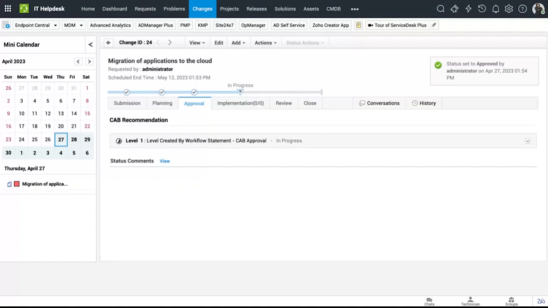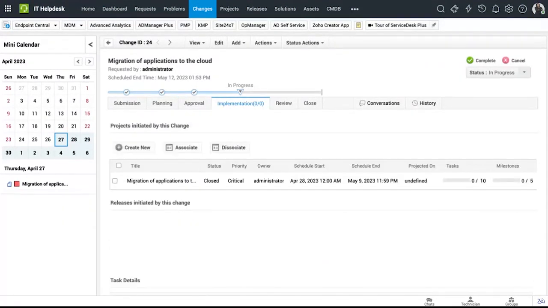So you can create a standard CAB, which evaluates your normal changes. And you can also set up a major change CAB with specific users or technicians who can go ahead and approve this change. Similarly, you can also set up emergency CABs with maybe your C-level executives or your IT managers so that they can immediately take a decision and approve the change. So once the change is approved, it moves on to the next stage, which is